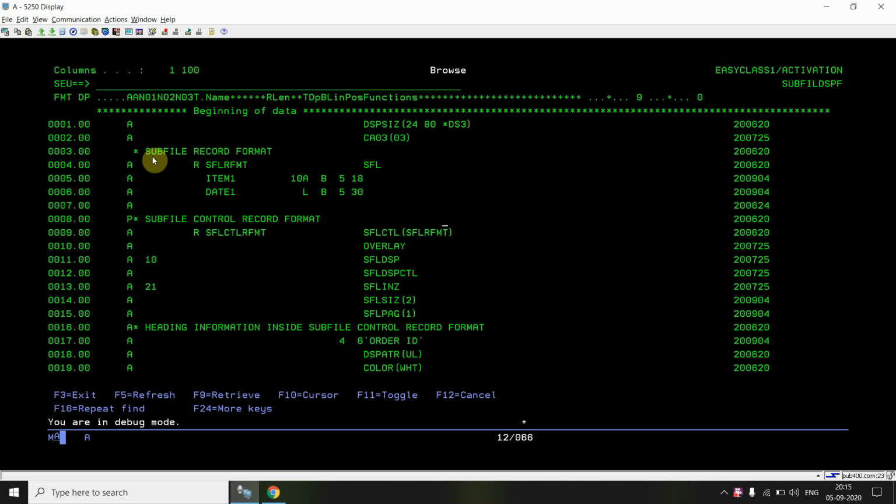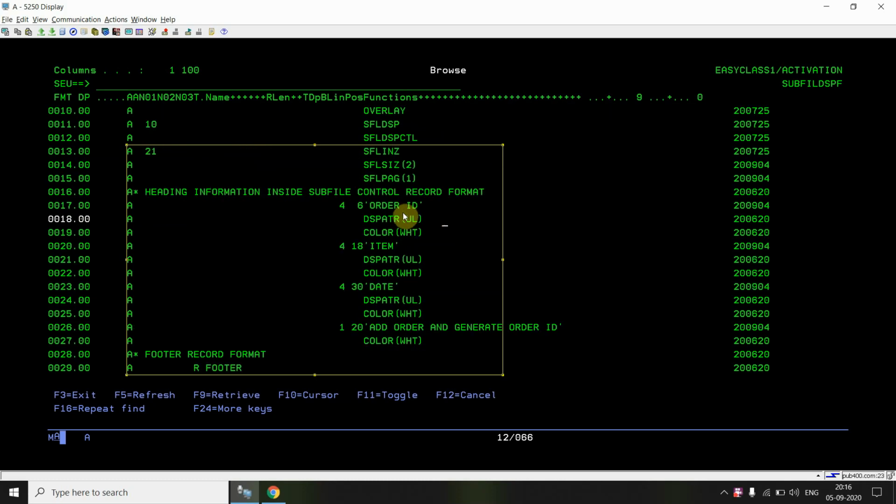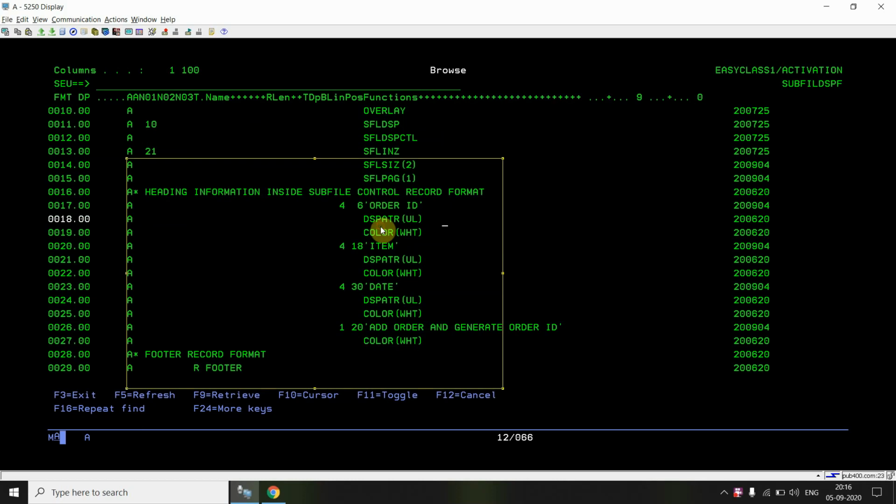This is the first subfile record format for adding the item and generating the order ID automatically. Here you can see there are only two fields, item 1 and date 1. I also mentioned the order ID, so I could remove this, but I am not using it.